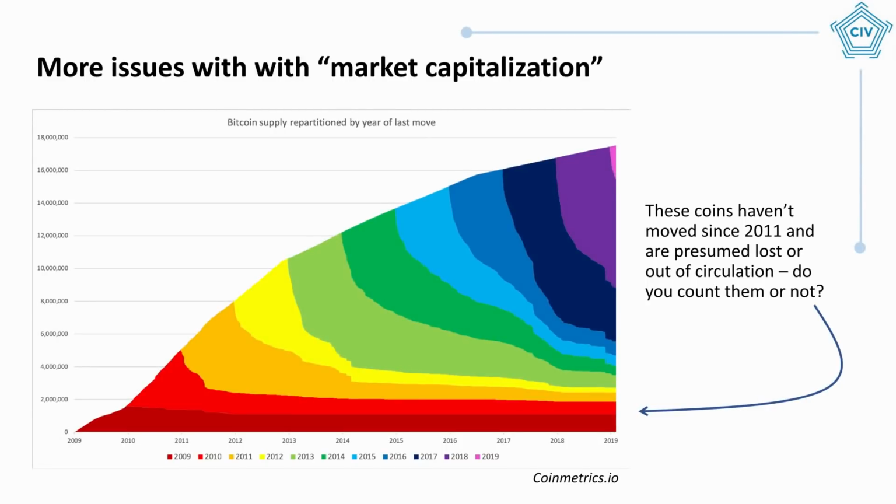Now this graph is a graph of all of the units of Bitcoin itself repartitioned by the year in which they last moved. So this is something very simple you can do with blockchain analysis. You can determine how old the units of Bitcoin are. And what this shows you is that since 2011, there are about 3 million or so Bitcoins which just haven't moved, period. They're dormant. We don't know for sure if they're lost, but they look essentially like they're totally out